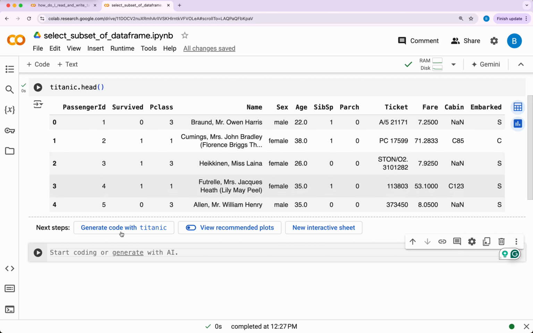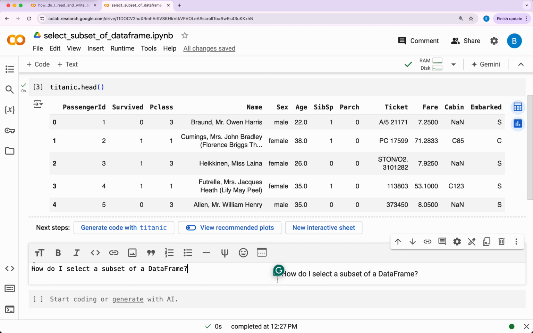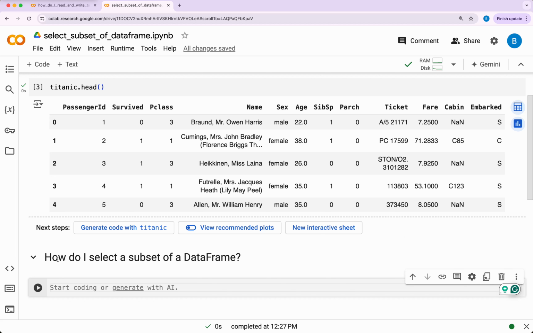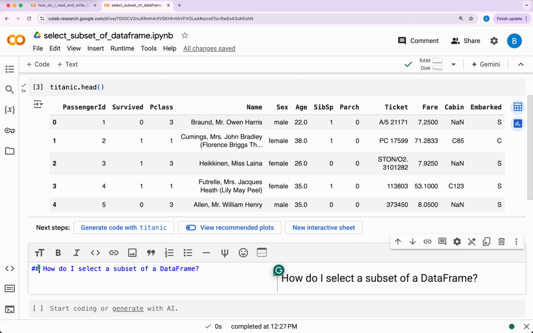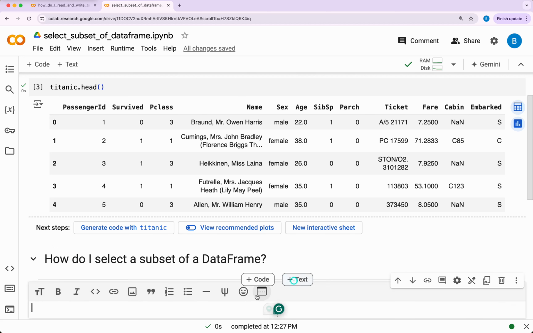So the question we want to look at today is, how do I select a subset of a data frame? So this is a big question we want to look at. And because it's a big question, I'm going to have it this way. Okay. So for us to look at this, we'll start by looking at how we can select specific columns from